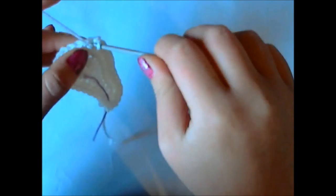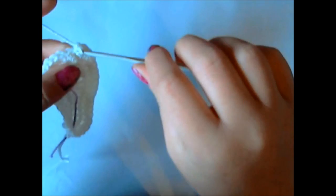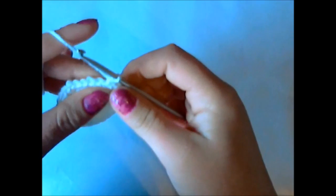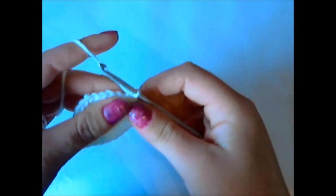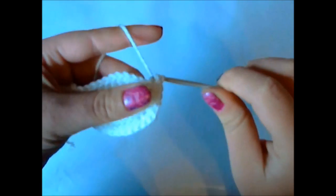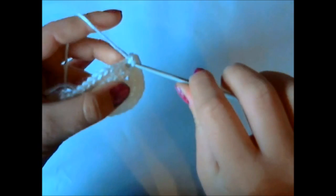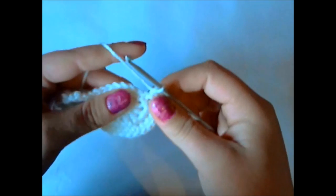So 1, 2, 1, 2. Then single crochet in the next 2 stitches, and put 2 single crochet into each of the next 2 stitches. Now we want to